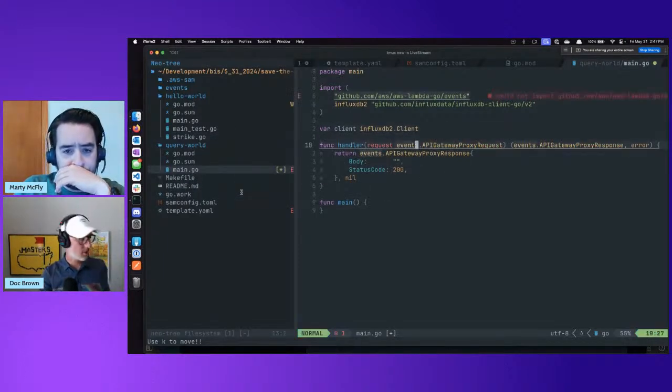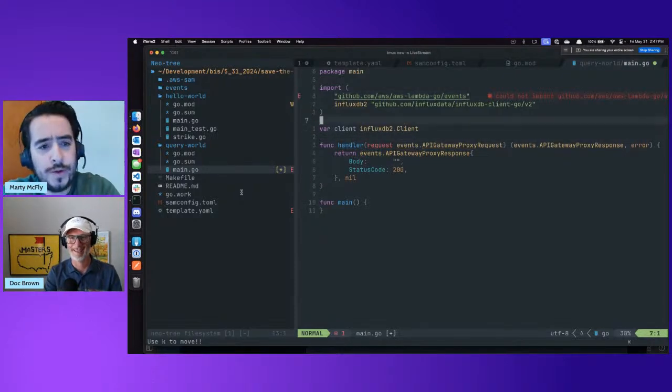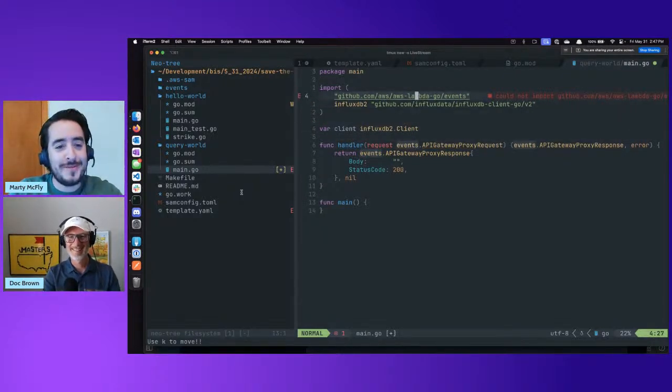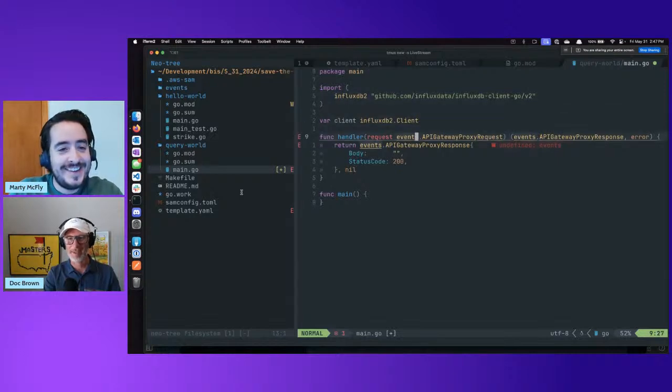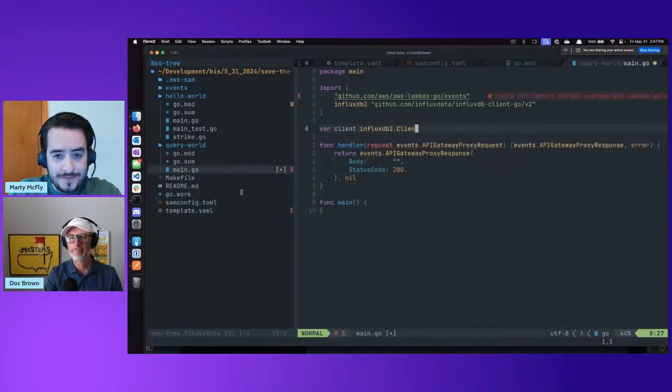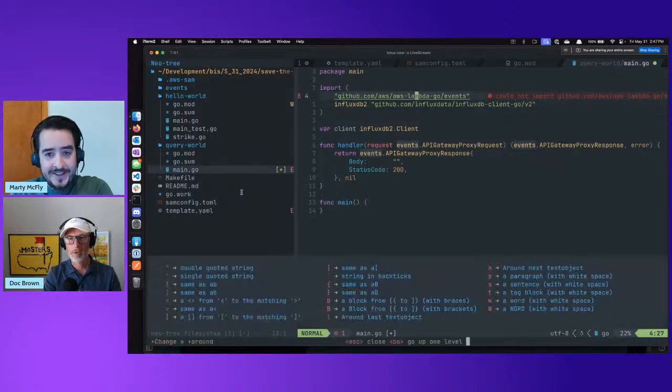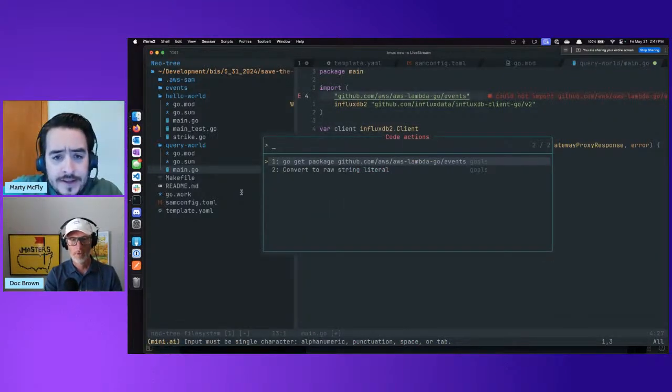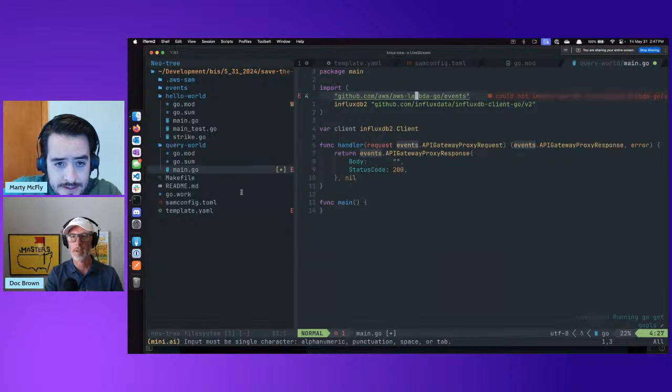There we go. This is also the first time that I've actually used Vim and Go. Powerful combination. This is the very first time I've done this, so I have not even tested the language server or any of that. Awesome. Should have fetched that. Would have thought it did.